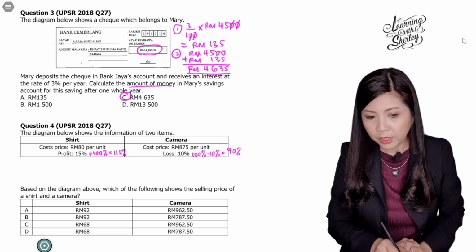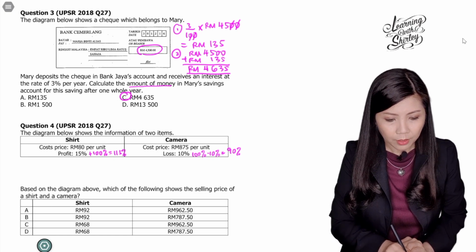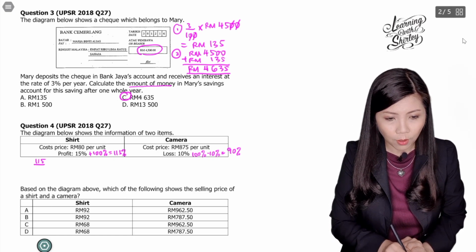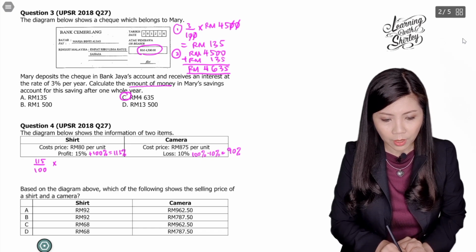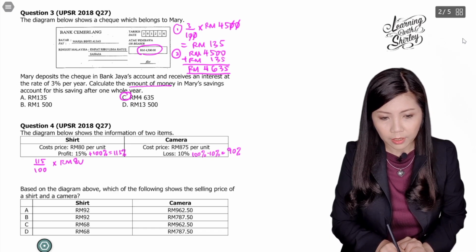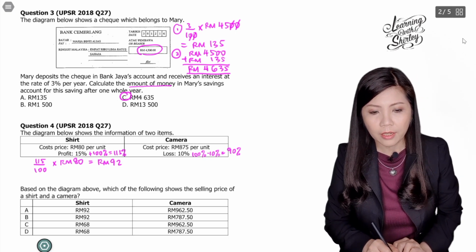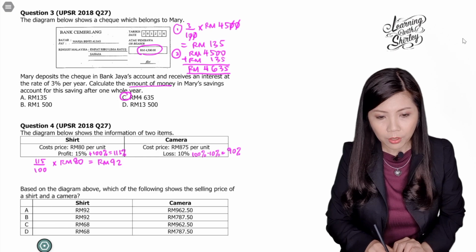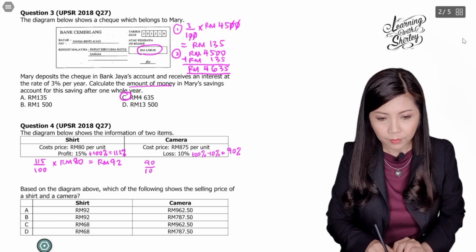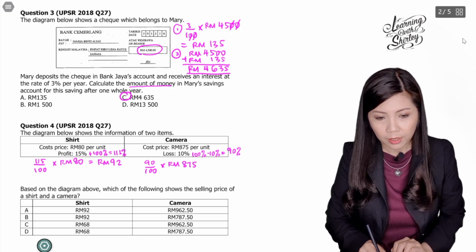So to find the selling price of the shirt, I'm going to use 115 over 100 times 80 ringgit. Okay, so I'll get 92 ringgit. And then for the camera, I'm going to use 90% times the cost price of the camera, which is 875. Okay, so that equals to